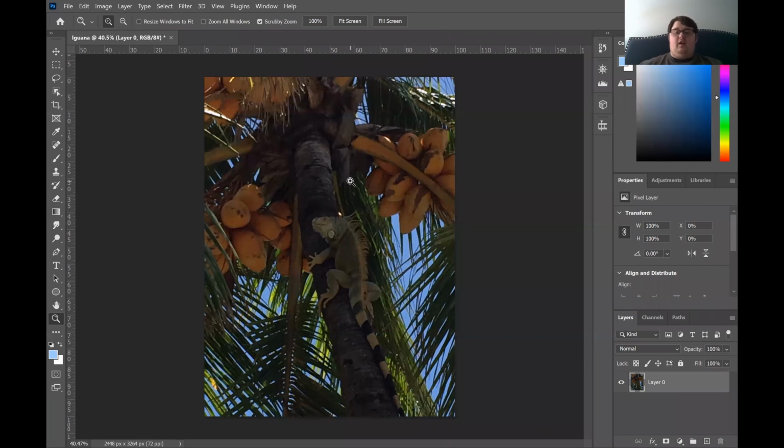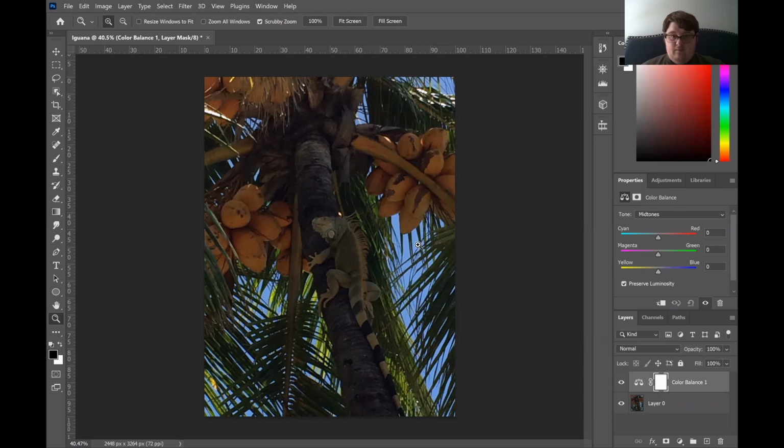Now let's try something different. Now this image is already pretty good, I feel like. However, it could use some improvement. One of the things is the light in the area. This image is really dark. So one good way of doing that is if we go over here to adjustments, one really good way is to use color balance and black and white. So if we use color balance right here,